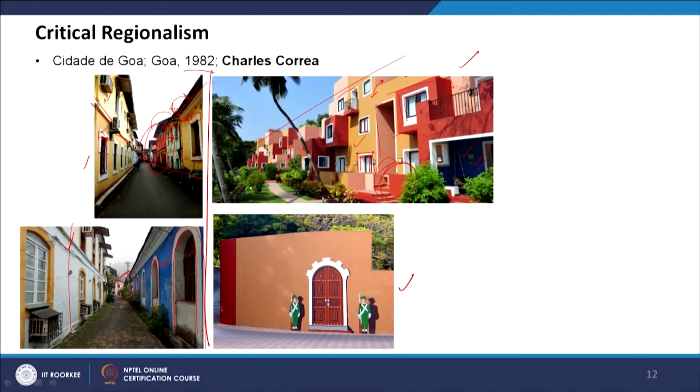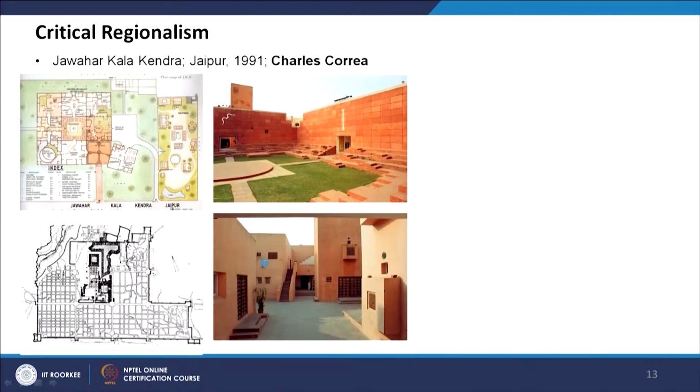Similarly, within the gate also, this is just a painting of how the Portuguese traditional doors and the guards are there. So this is just a painting and not a door, this is just a wall treatment. That's why this is a postmodern thing. So these design elements are also added, and thus give a connection with the Portuguese colony into the design of this hotel.